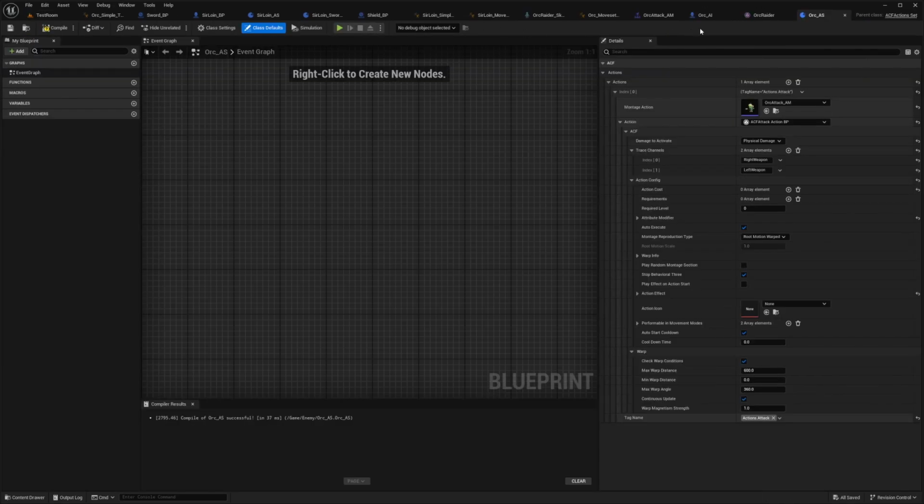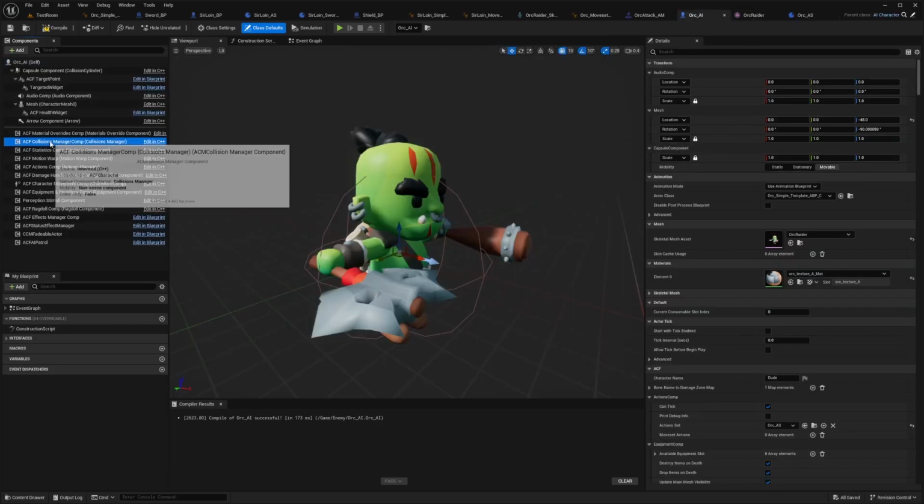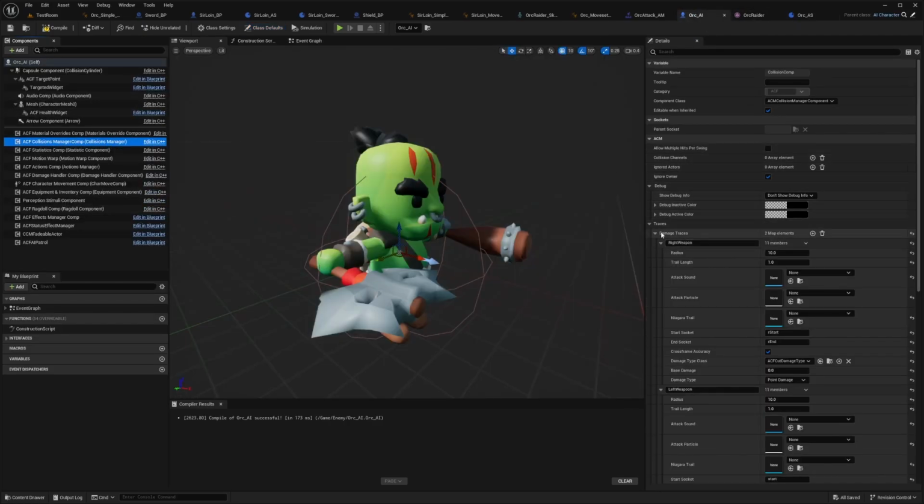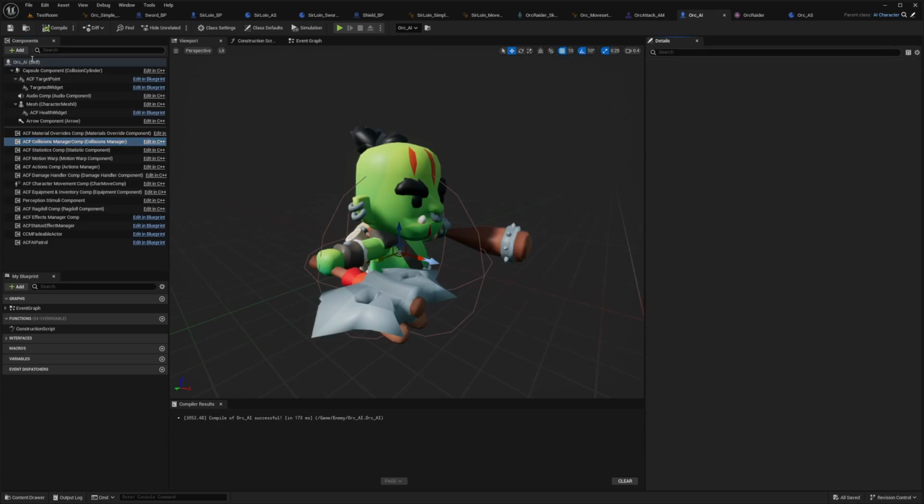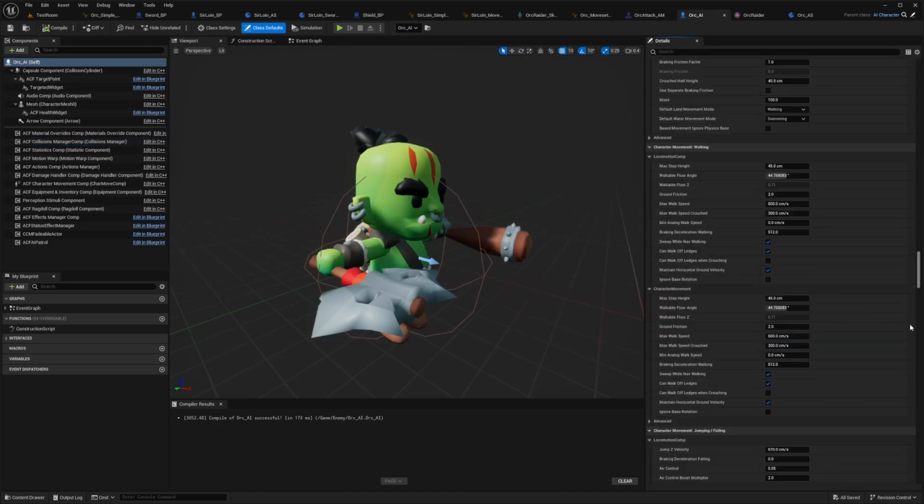So in order to have my enemy attack me, I basically just set the damage to activate from left and right weapon over to physical damage, and then I just define these two trace channels, which are defined in my orc AI in the collisions manager over here. So for the damage traces, I had a right weapon and left weapon. And another thing that I needed to do was over in my orc AI, scroll all the way down, and